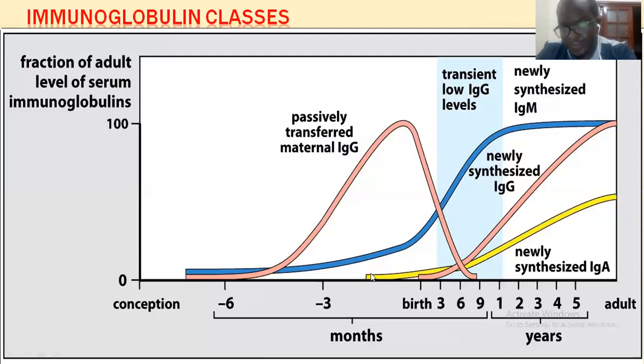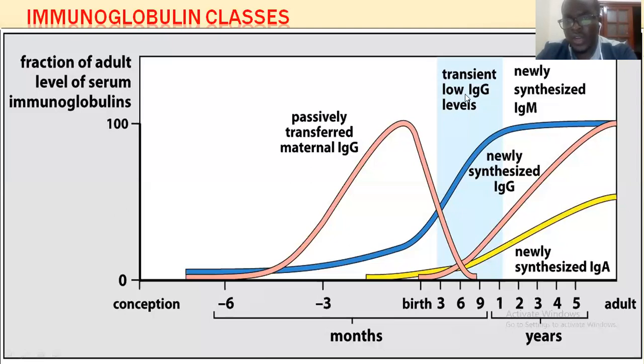And then you can also see as the fetus is developing, almost due, there's also production of newly synthesized IgA. So you have this production of antibodies. So this is the production of the antibodies, IgA, IgG, IgM. Then there is the